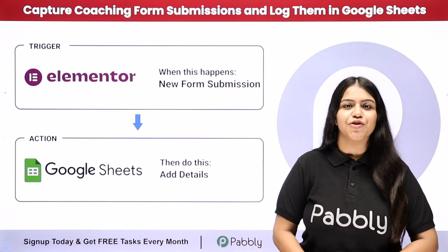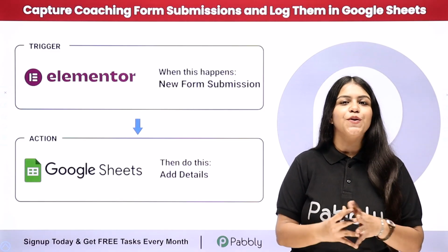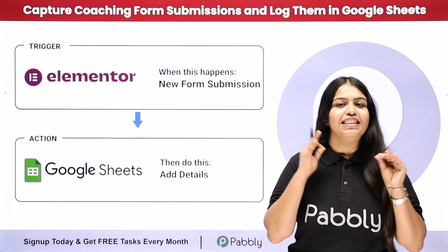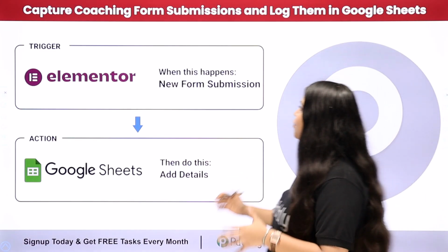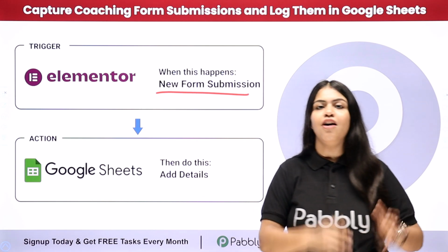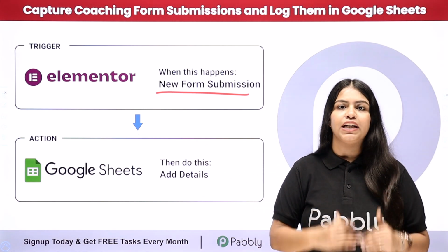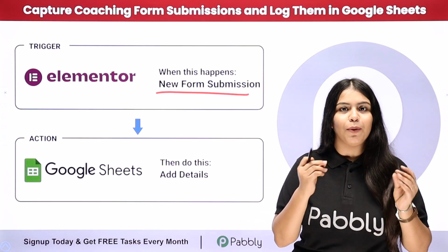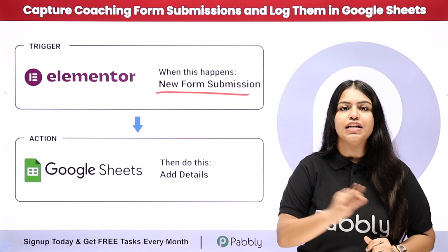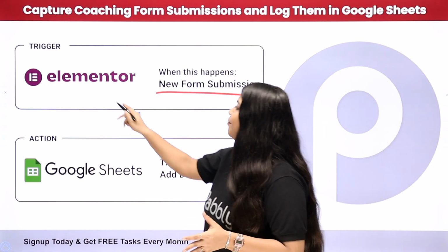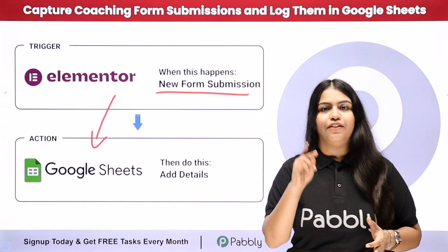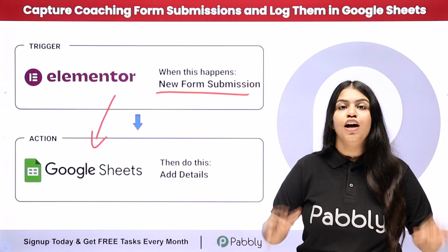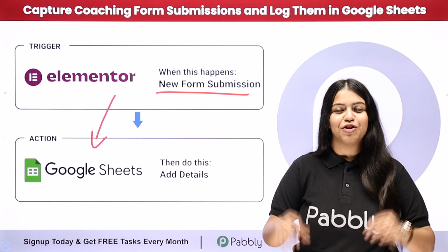So like you, I'm also running a coaching class and we also use Elementor forms in order to collect the details of our potential students. Now what I want is that whenever a new form submission is made in Elementor, I want to add the potential student details into my Google Sheets also, so that my sales team can follow up quickly and efficiently. So to do this, we are simply going to create a connection between Elementor and Google Sheets, and we are going to create this connection without knowing any programming or coding language, using an amazing automation software which is Pabbly